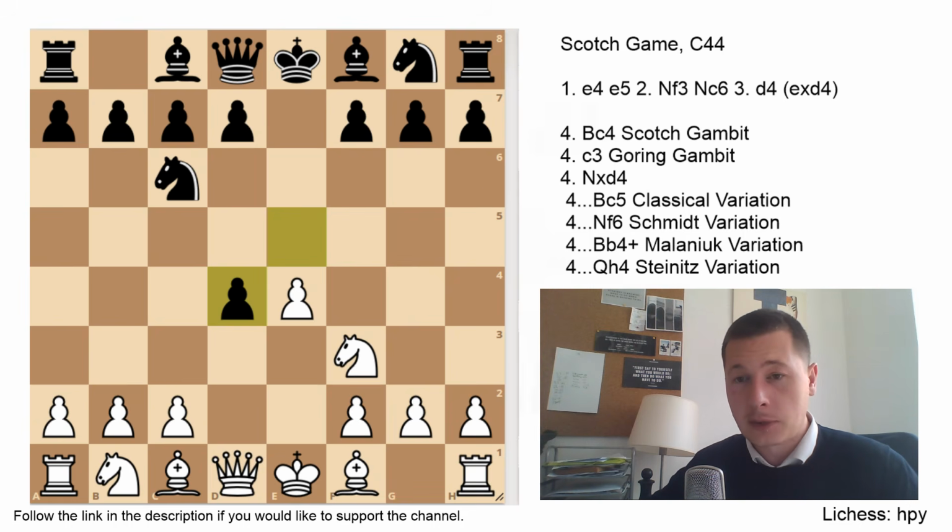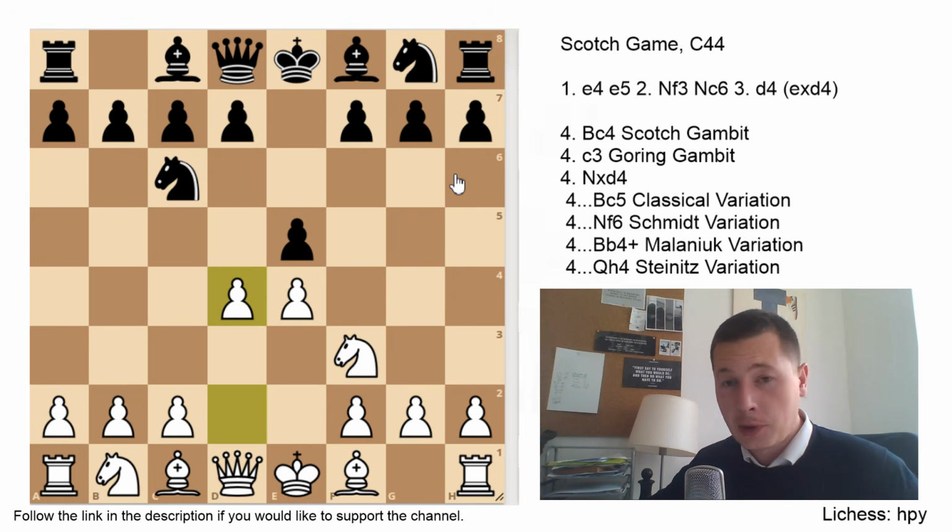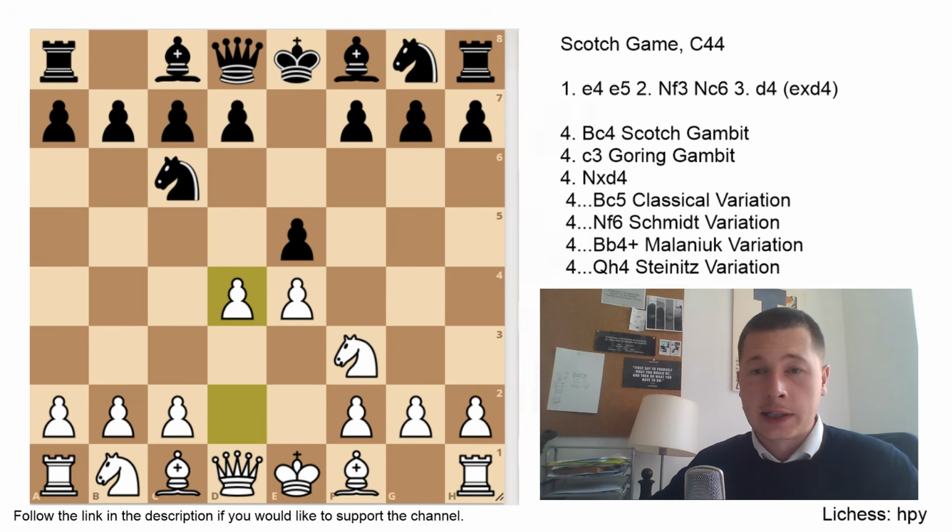First of all, I would like to mention that after the move d4, black has different options apart from taking the pawn, but none of them are really good. Firstly, the move d6 isn't really that good. White can play d5 here, gaining space, and white can also play bishop to b5, trying to win the knight,